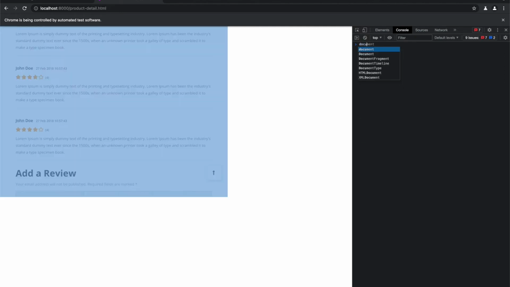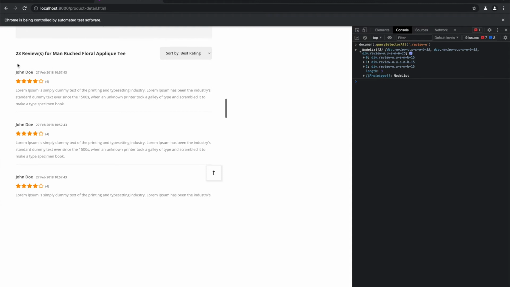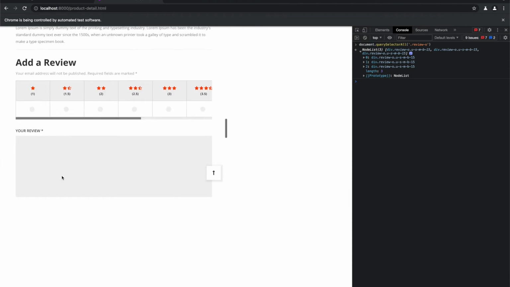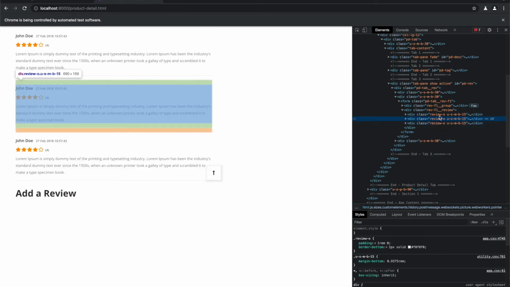Let's go to console and say document.querySelectorAll and say class review O, and we see that we have 3 nodes, exactly how many nodes we see right here. This means that it most likely is the right class to use.